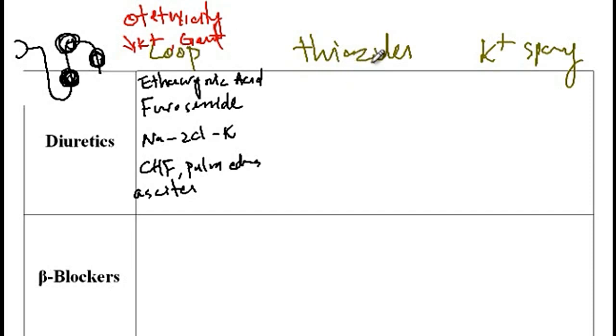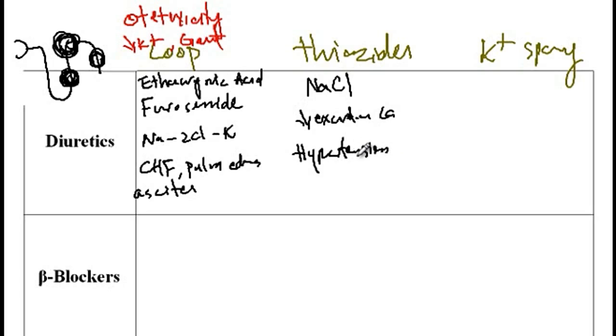The next classes of diuretics are thiazides, which inhibit the sodium chloride absorption in the early distal convoluted tubule. In addition, these medications decrease the excretion of calcium, and thus they are good for treatment of hypertension in patients that do not have any other medical conditions, or in patients that have osteoporosis or renal stones. And then the side effect of thiazide diuretics is